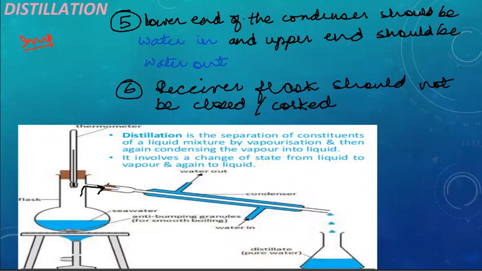This is again a very important precaution. In the ATP question, again they ask you what will happen if you are going to cork the receiver flask. अगर आप receiver flask को close कर दें और अगर हमारे पास ये जो condenser है इसके साथ ट्यूब अटैच्ड हो और वो ट्यूब जो है यहाँ पर एंटर हो रही हो, ठीक है, तो इसके अंदर होगा क्या कि आपके जो वेपर्स एंटर हो रहे हैं उनका टेम्परेचर अभी भी स्लाइटली हाई होता है, जिसकी वजह से, ठीक है, स्लोली ग्रेजुअली रूम टेम्परेचर पे आते हैं,